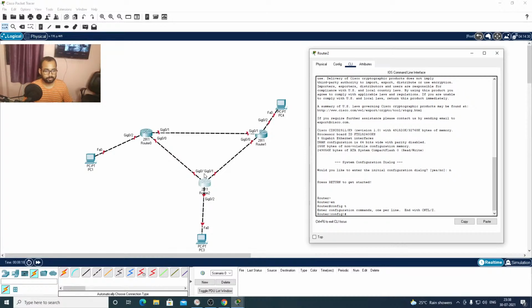We'll assign gig 0 with 70.2 and gig 0/1 with 90.1.